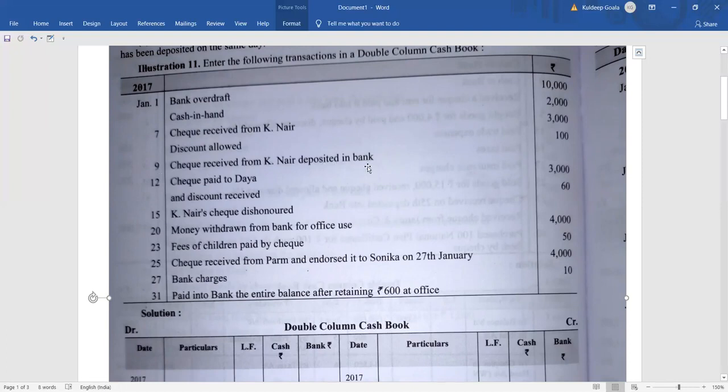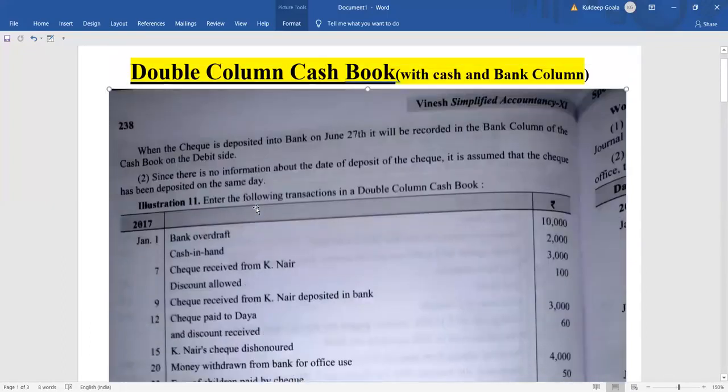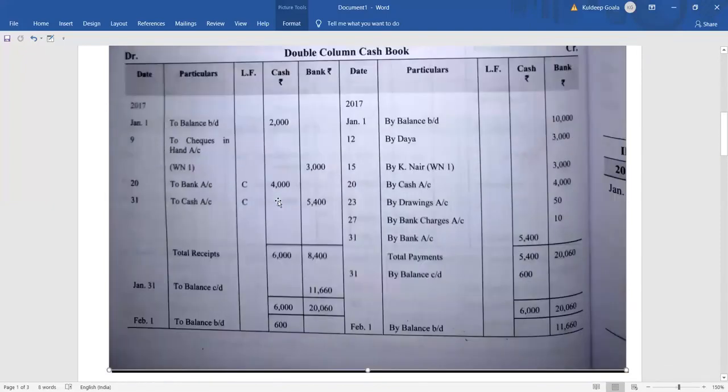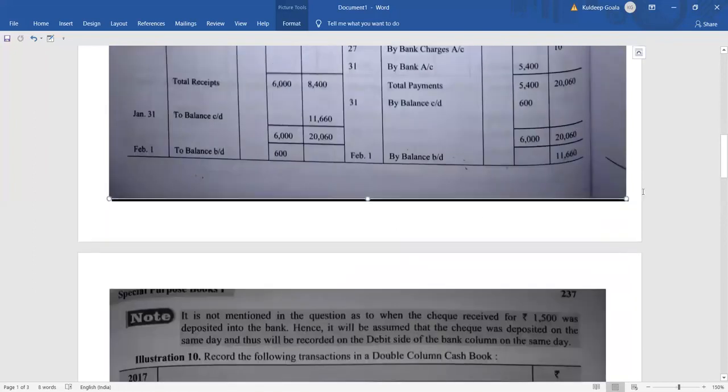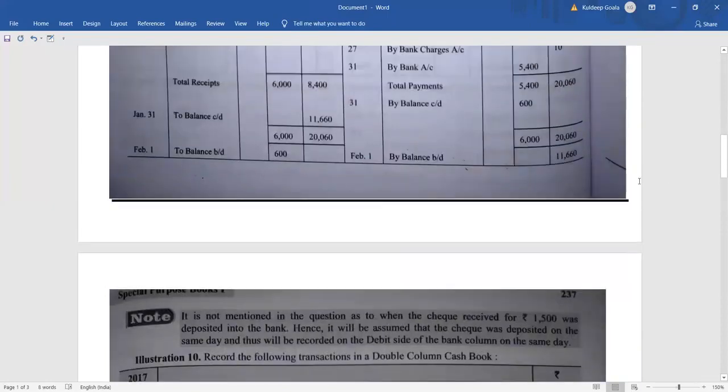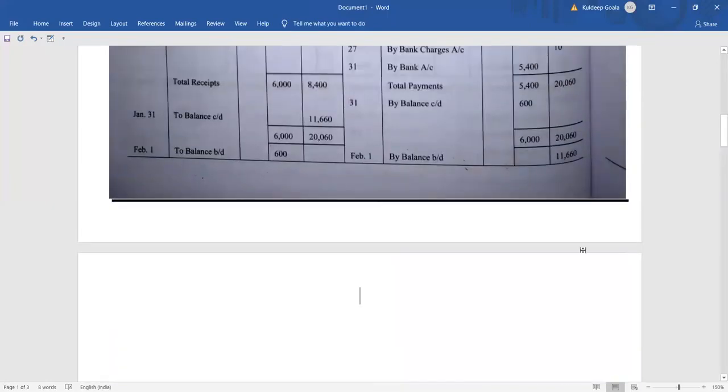So check was deposited in the bank, so that means it was deposited on some other date, right? So we are going to have an important information about that. Whenever a check will be deposited on some other date, you have to give a note on that, okay. You have to specify a note on the particular incident, what has happened there, and this is a part of your solution.